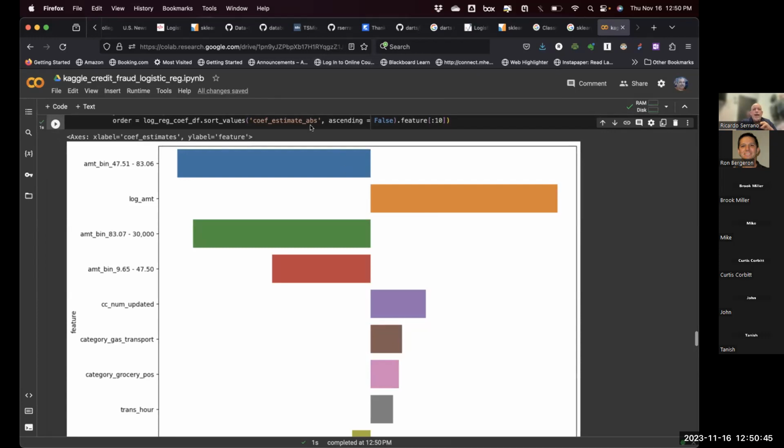Okay, amounts. All those predictors were engineered from the transaction amount. But as you can see, the transaction amount by itself doesn't appear here. What appears here is the log amount, which has a positive estimate, a positive weight to the outcome. In other words, when the log amount increases, the probability that the transaction is going to be fraudulent increases. But interestingly, we also engineered and divided that amount,